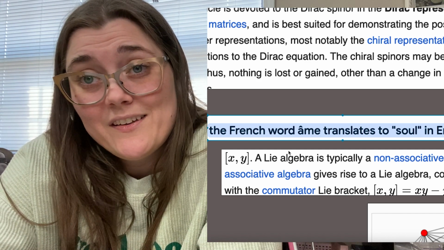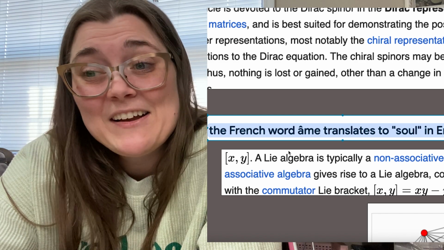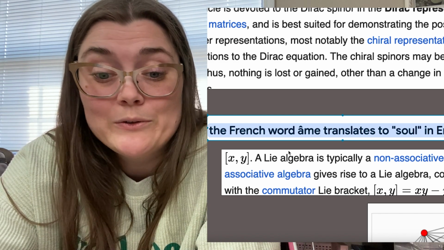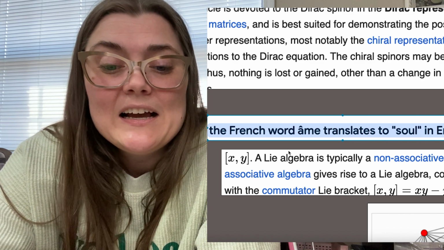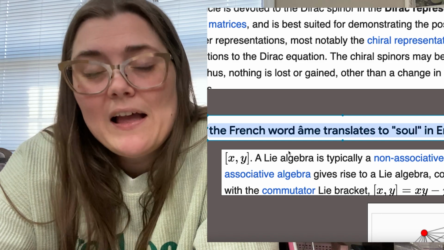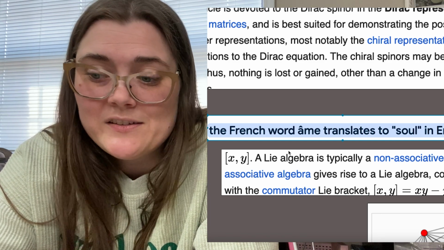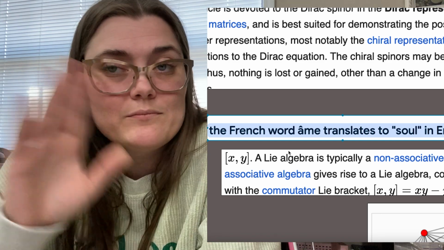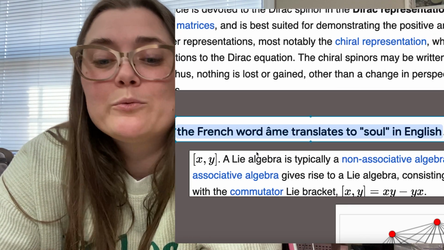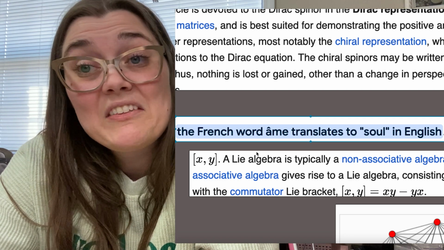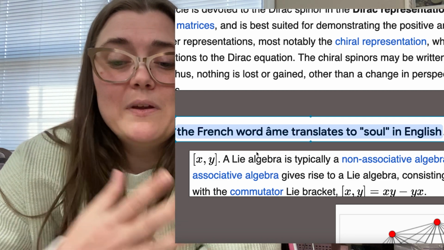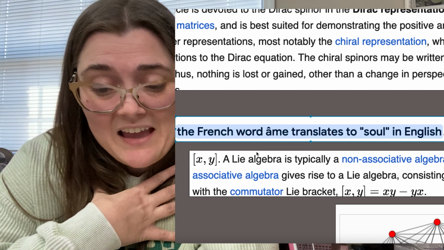Lie algebra is huge. It is related to Clifford algebra, which is wild that they're related. And I think that play on words was intentional because Lie algebra heavily includes XYs, which most math does, but bear with me. The bracket of X and Y equals XY minus YX. If you notice, there is symmetry there, which I think is interesting. It's my understanding that